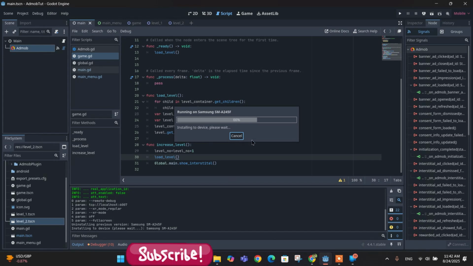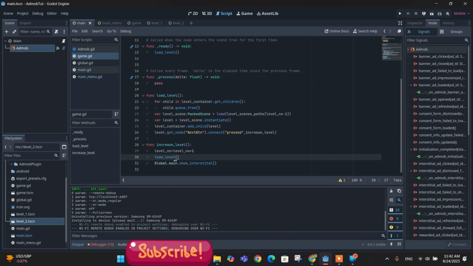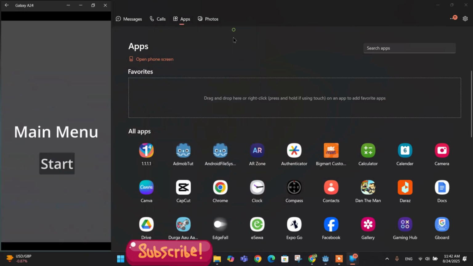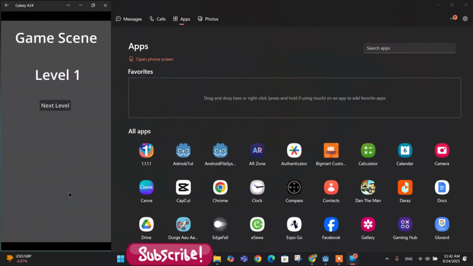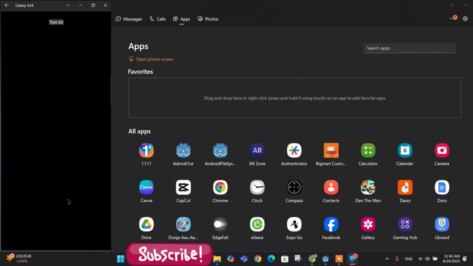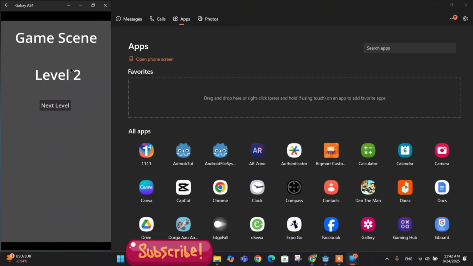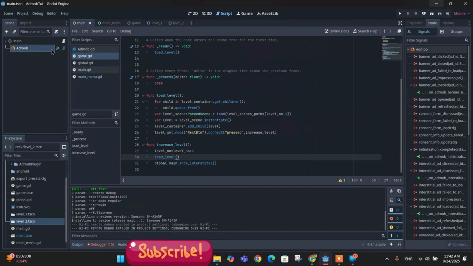It's been building again, running on Samsung S8 2024 5F. Okay, let's go to phone link. Open my phone screen from here. Okay, and if I click on start, and if I transition to next level, will it show ad? Yeah, shows ad. Look, yeah. And we can click on close, and we are in the level 2, and that's how I implement the AdMob node in my game actually,